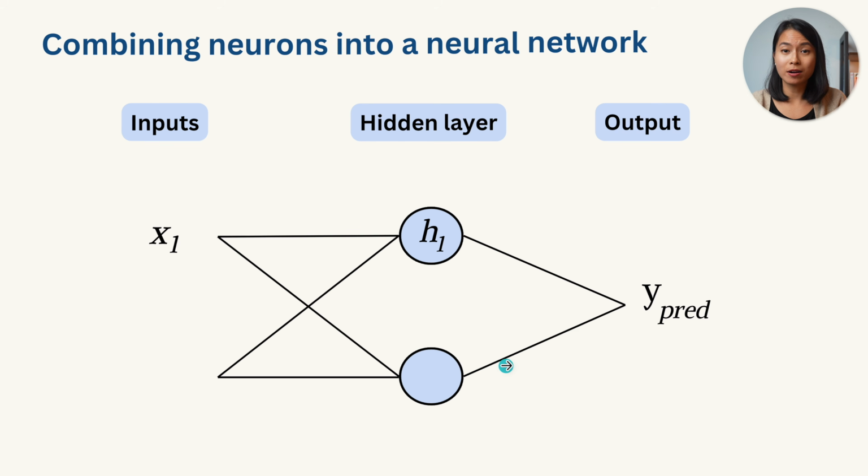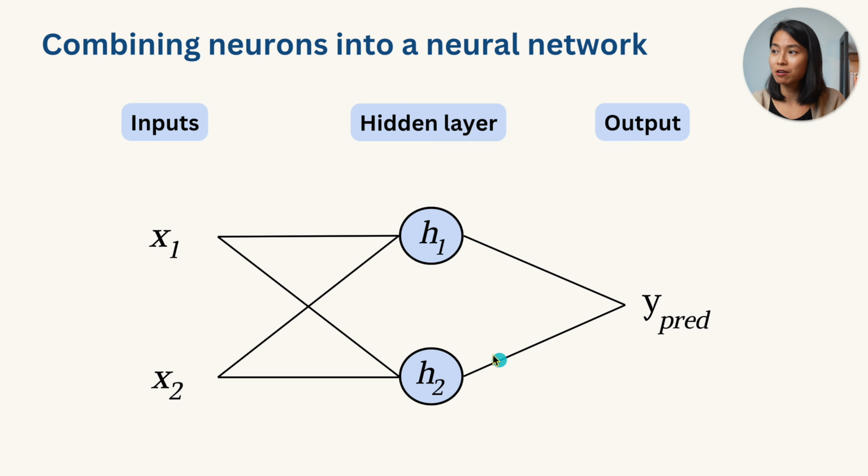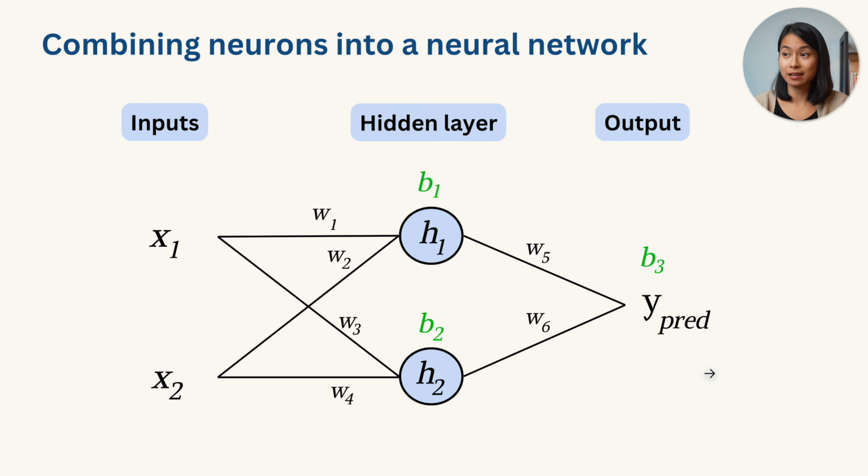Now, a neural network is nothing more than a bunch of neurons connected together. So here's what a simple network might look like. This simple network also has two inputs, and it has a hidden layer with two neurons, which I call H1 and H2, and an output layer with one neuron. Let's also label each weight and bias in our network. As you can see in this network, the outputs for x1 and x2 are now h1 and h2, which again are the inputs for the calculation of the final output. And this relationship makes this a network.